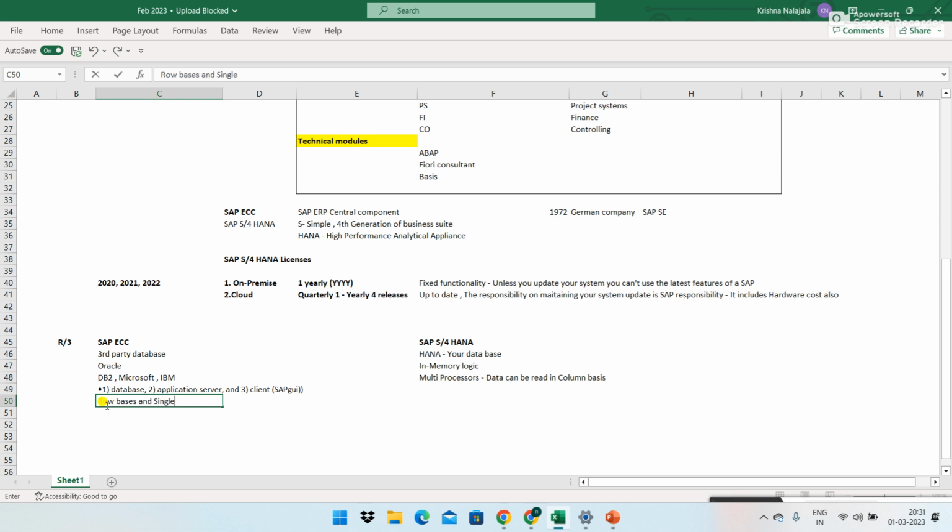Here it's multi-processor, and data can be read on a columnar basis. We'll talk about what is meant by columnar and what is meant by row based.